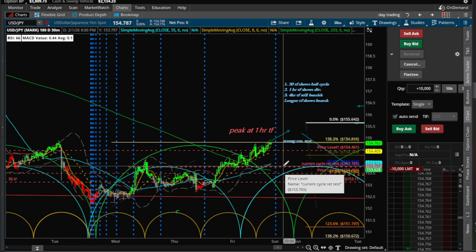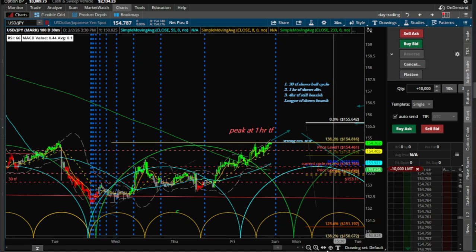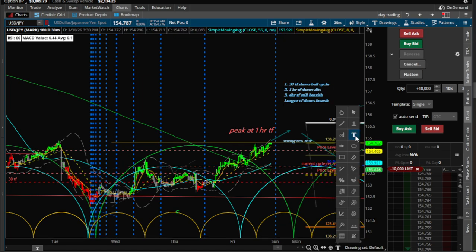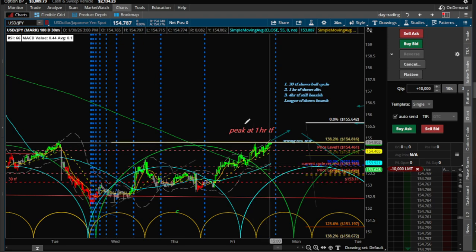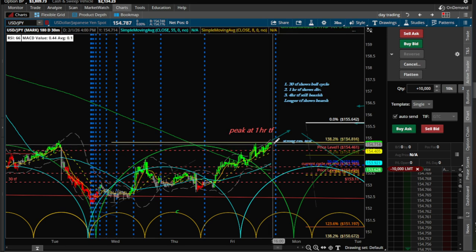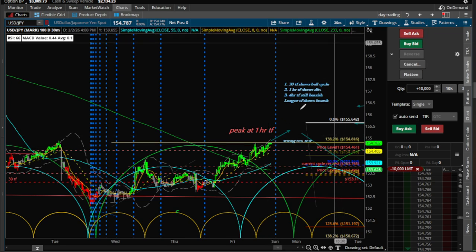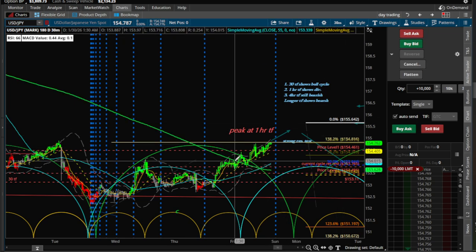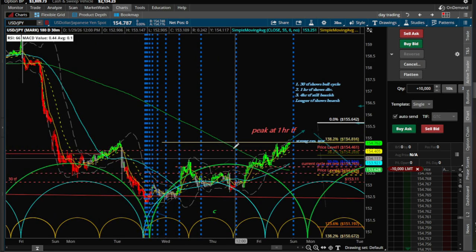That's 153.76. So possibly a long entry there. Right now there's not really a good entry on the 30-minute time frame in either direction. So I would say if you wanted to look for a short position on the 30-minute time frame,